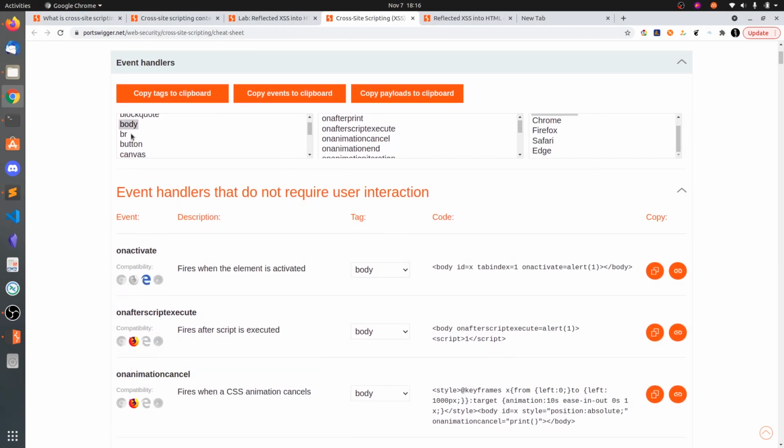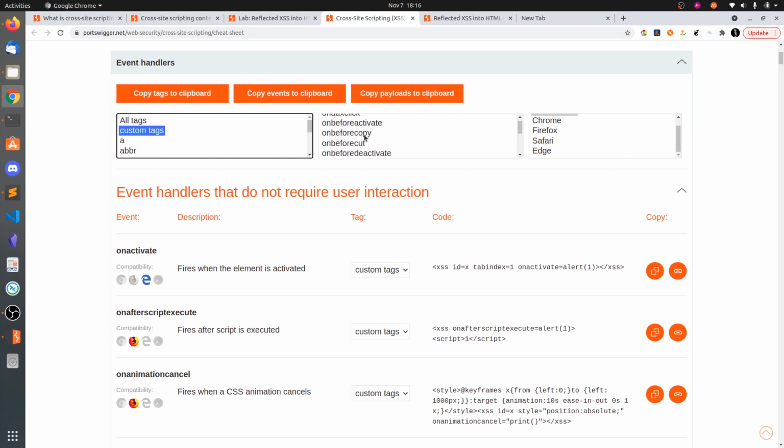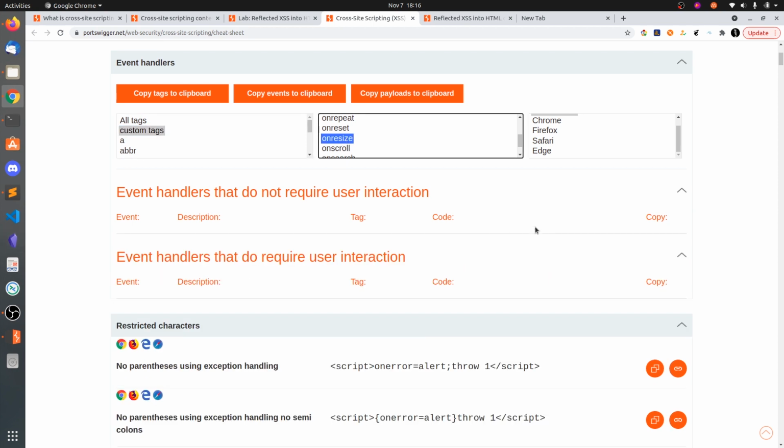So let's say all tags. Sorry, not all tags, custom tags onresize, right? So we did not get any. So all tags.